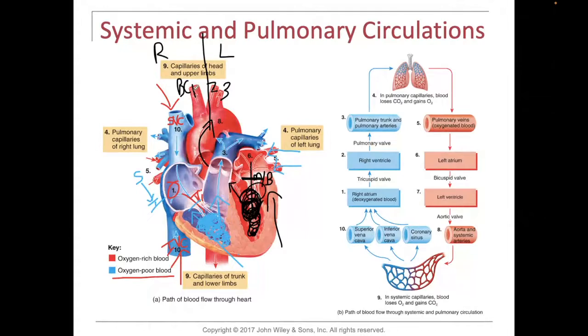arm, cephalic means head. So on the right side, you only have one blood vessel that's going to lead to the head and arm, but on the left-hand side, we have 2 separate ones, one going to the head, one going to the arm. Pretty neat how the body does that. And then this arch of the aorta kind of descends, it comes down, and then we can see it right here at the bottom, and that's going to lead into the abdominal region, the abdominal aorta. And it's going to bring oxygen to all the organs of the abdominal region. And then it's going to split and go into the right and left thighs and bring oxygenated blood